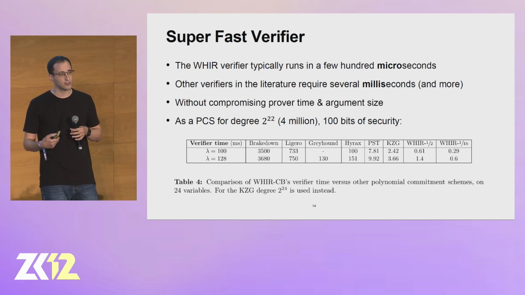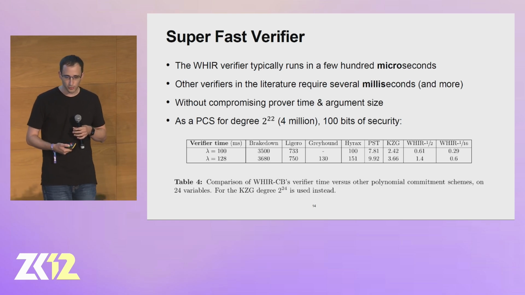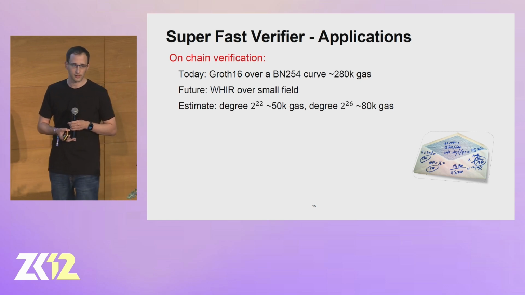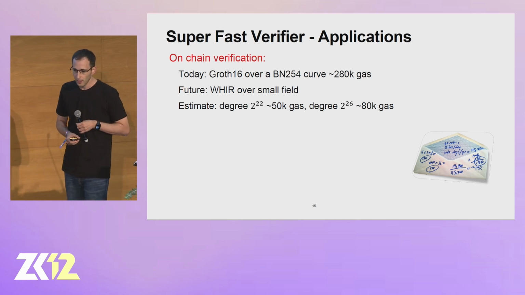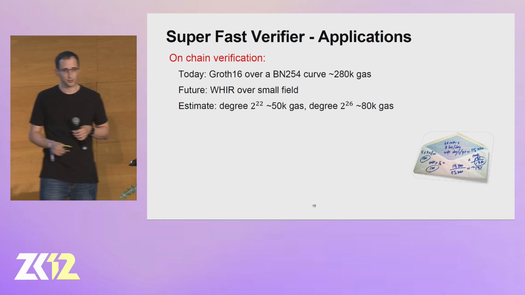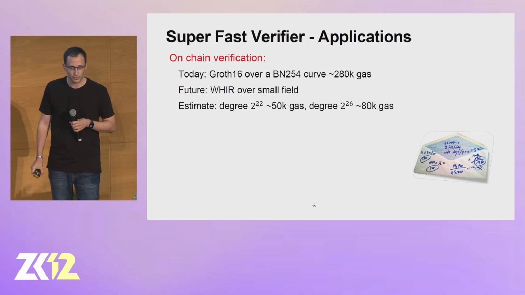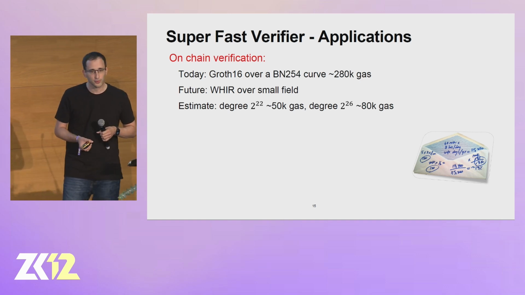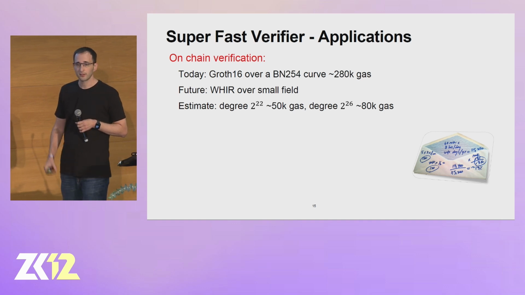Okay, once you have such a fast verifier, you can think of new applications that open up or improve. So I just want to sketch two things that I think are interesting. So first is on-chain verification. And all of these are back-of-envelope computations that we did. And to get exact numbers, you have to really implement this and see exactly how much you get. But today, we verify Groth16 proofs on-chain over the BN254 curve. And this takes roughly